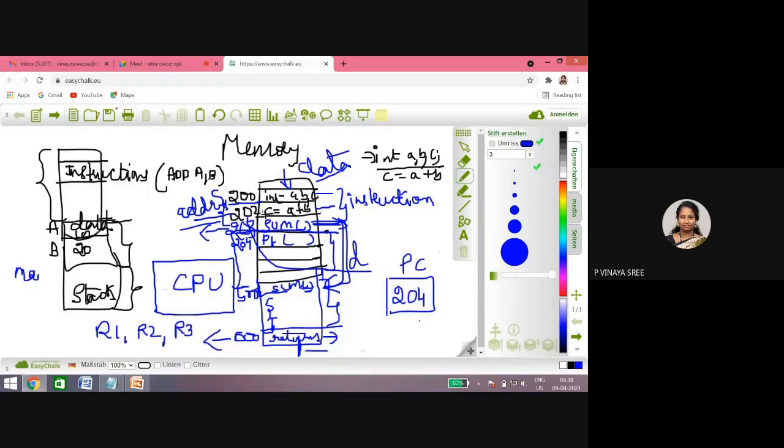So it started executing until here, but when it encounters address 203, whatever the instruction it has, it is a function call. So it jumps to that particular address with the support of the program counter, and after that it returns to where it stopped. But how does a processor, or how does a program counter, know that it has to go to 204, not the